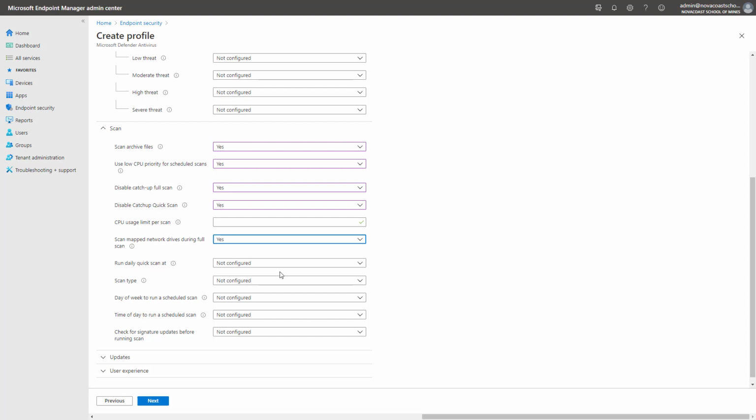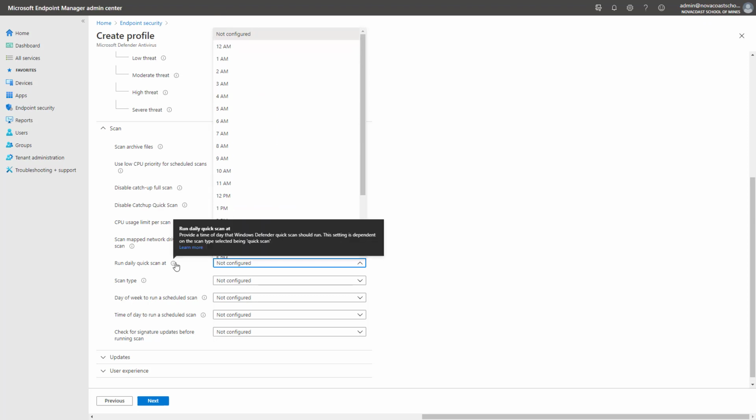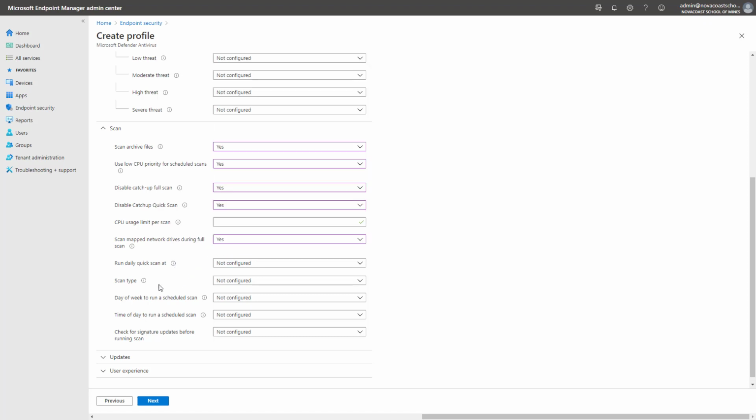Run a daily quick scan at, and you can define the time period. If it's not configured, it's going to do 2 a.m. And you can decide, again, depending on the client, what that looks like. And this is defined in their local time zone that's on their device itself. Scan type